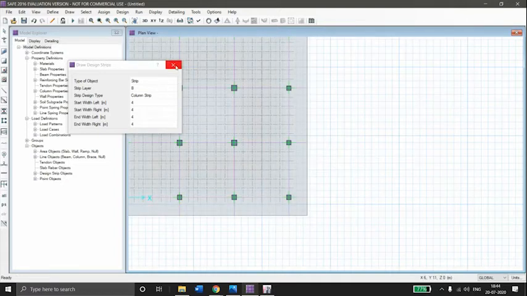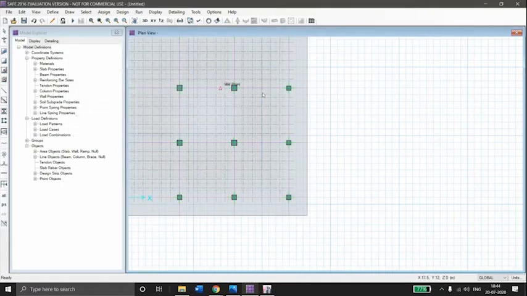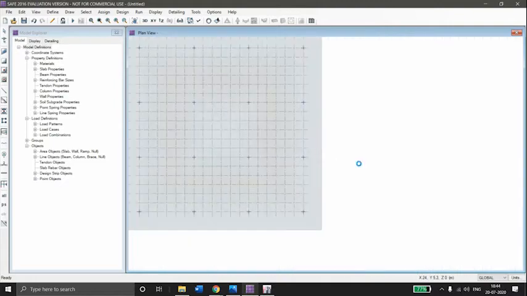So all the strips are drawn. Close that option.